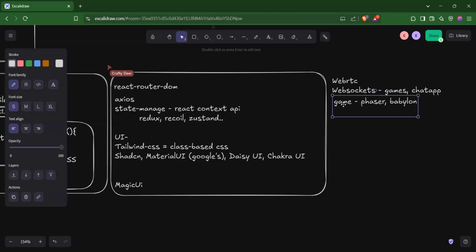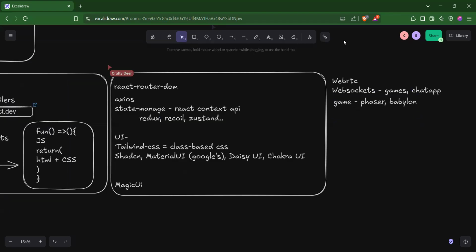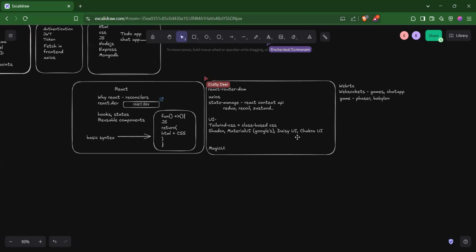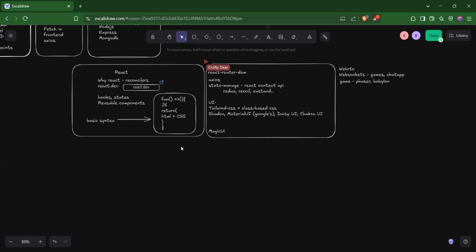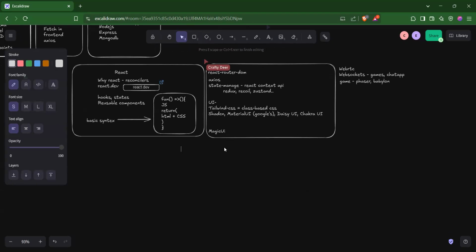So after this, if you want to learn anything, it depends on you and your usage. Up to this, you have learned a framework, well, actually React is not a framework, it is a library. But we can say you know a good